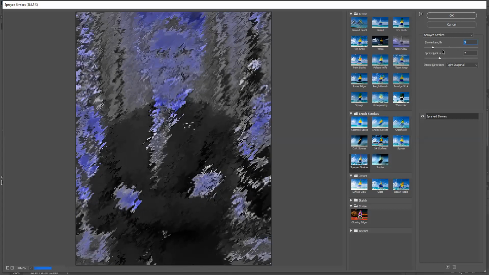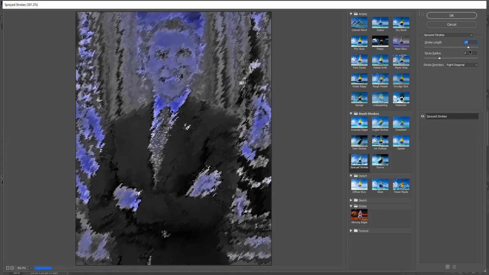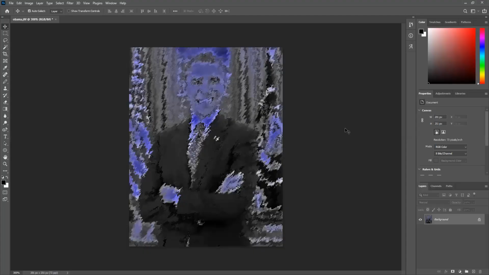For each filter, there's an option to apply the filter, and then you can adjust within the filter. You can adjust the angles, how big the brush stroke is. There's a lot of different options. Click OK. Let's apply this. Like I said, this picture was a little bit blurry, so you can't get as much detail with it.